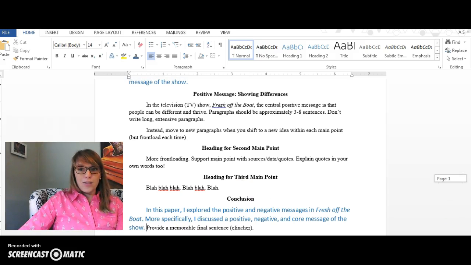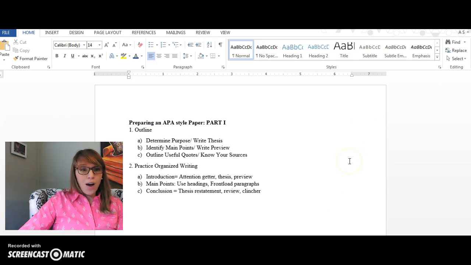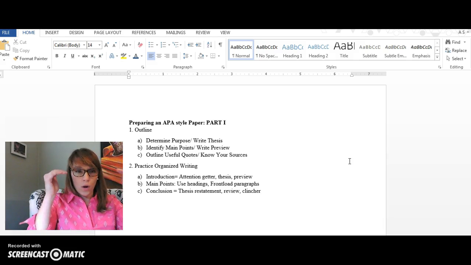So I know this seems really obvious, but this is where a lot of you lost points on this first paper. And so I wanted to explain what I'm looking for. When I say I want to see organized writing, take a minute to outline and accomplish what you've seen me do here, and that would really hit that mark of being organized, articulate writers.